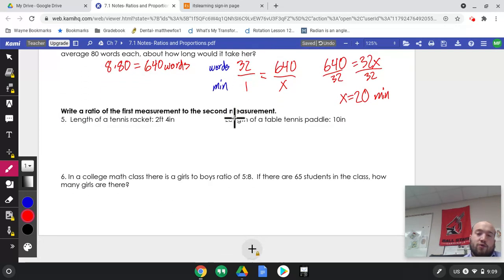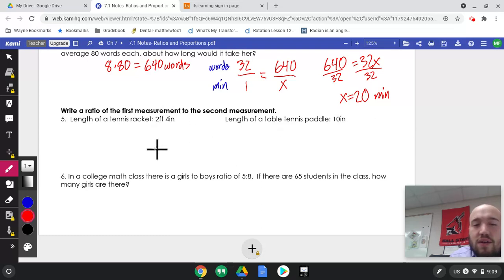Okay. A few more questions to look at here. It says the length of a tennis racket is 2 feet 4 inches. The length of a table tennis paddle, or ping pong, is 10 inches. Now, it says write a ratio of the first measurement to the second measurement. So in order to do a ratio, remember we need the label to be the same. And while it is possible to put these both into feet, I think it'd be easier here just to change